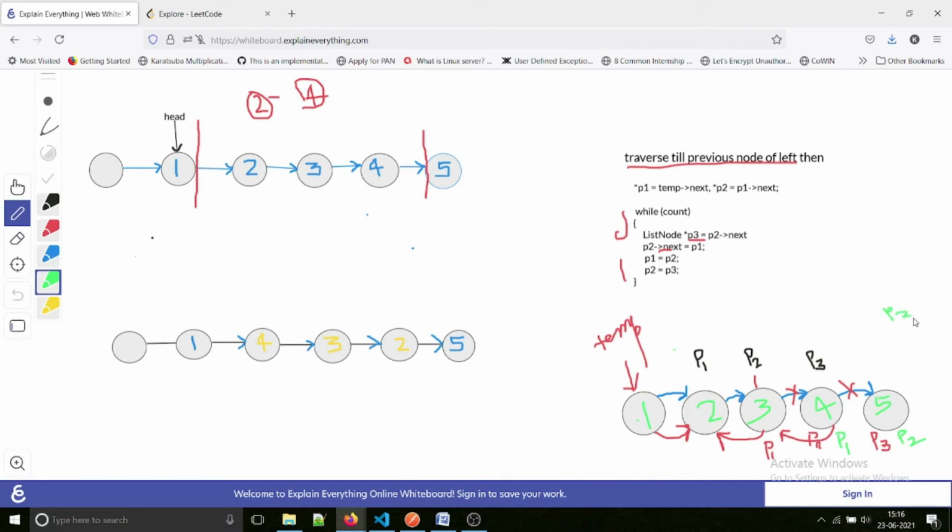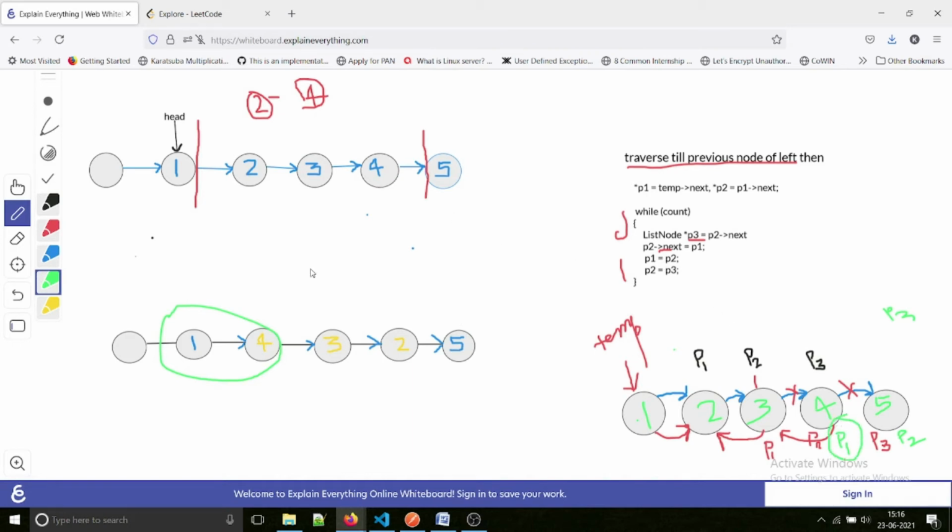Now what I need to do, so here if you see we will take this now because it is quite messy right now. So now we need to say my 1 should be linked to 4. So if you see, this is the final. So in this case 1 is linked to 4. Now how we can go from 1 to 4? So you see 4 is having a pointer p1.